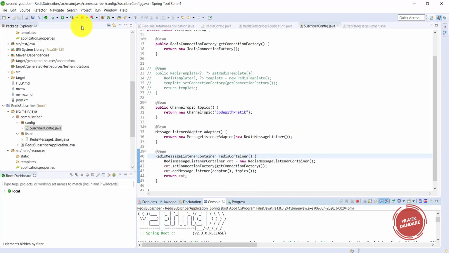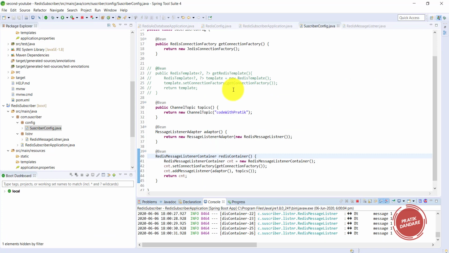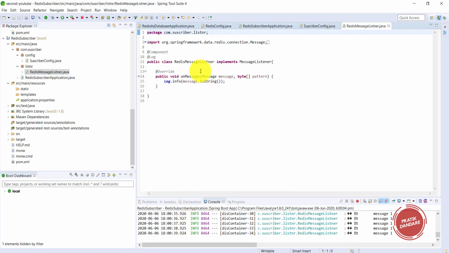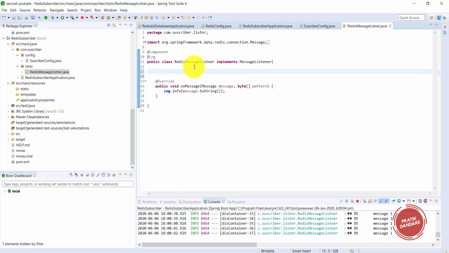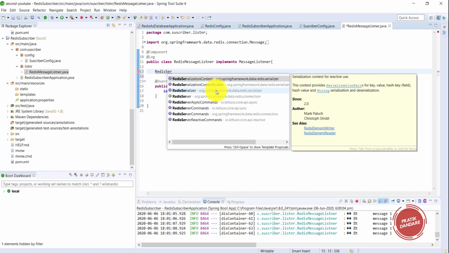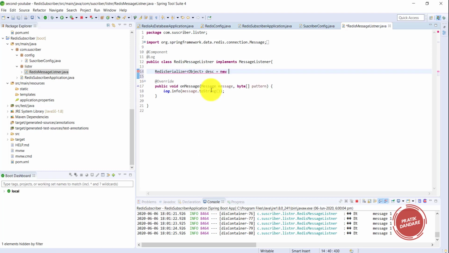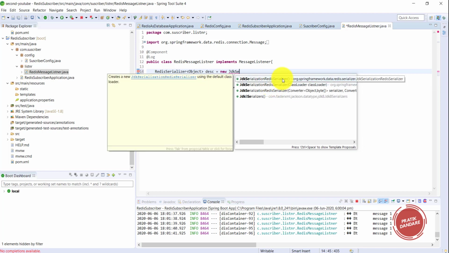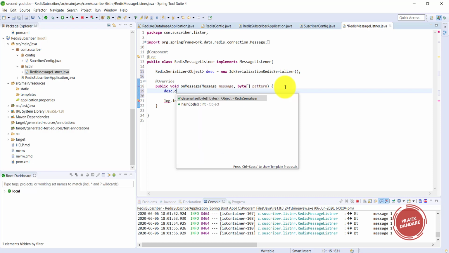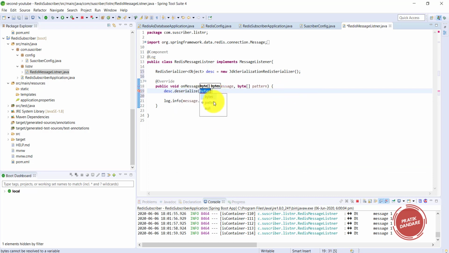What happened is that the message is not properly deserialized. So this is the project and this is the listener, and I need to deserialize it properly. With this deserialization, I am going to deserialize the message which we get here.